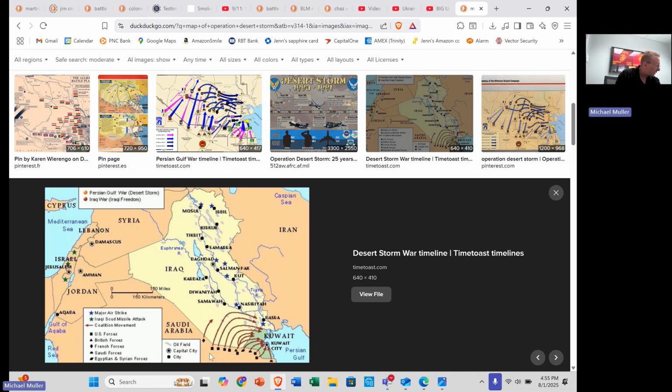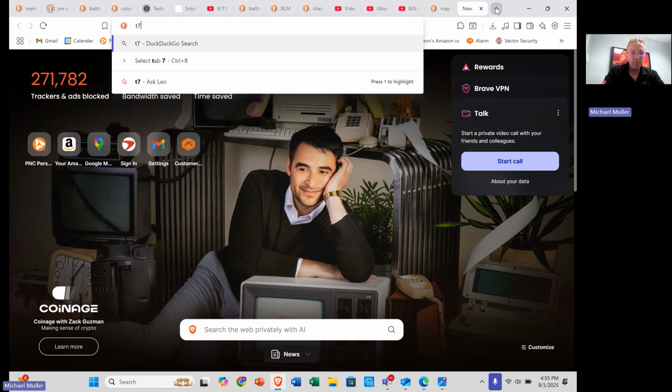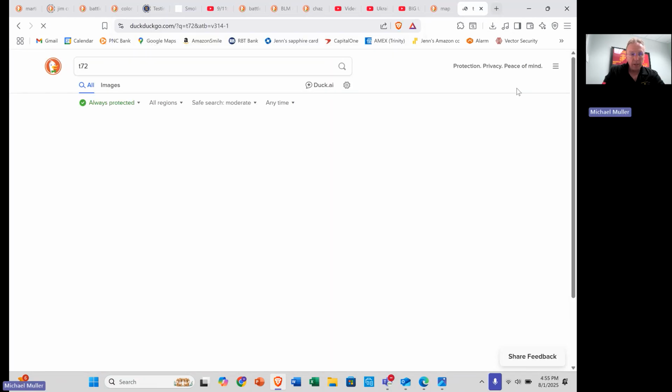So what happens on Desert Storm is we mobilize a national force. And this is really critical to understand what happens. This is the one time, if I hadn't covered it already, the T-72, so I'm going to show you these two tanks. So this is the T-72. The T-72 tank